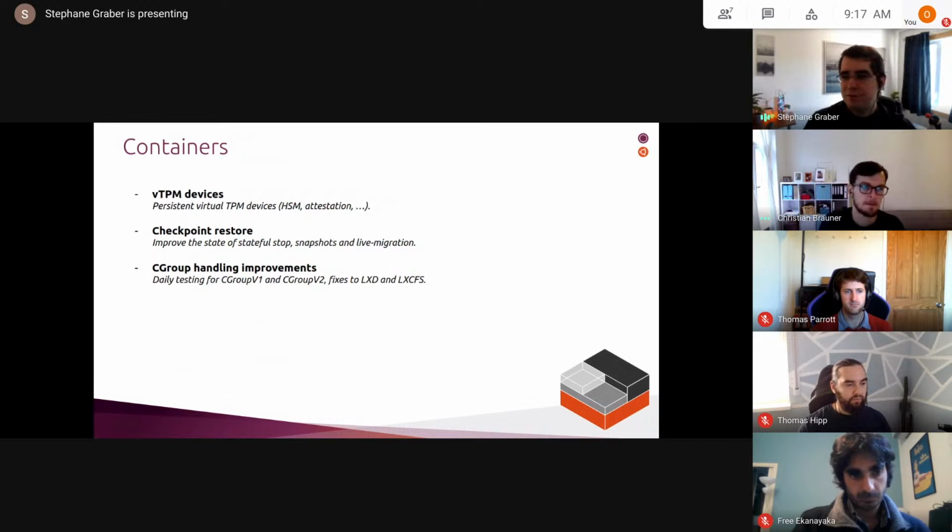Checkpoint restore. I don't know if Christian has any comments on that, but our story has not been amazing in the past. We did have checkpoint restore working quite well a few years ago, but then new features like AppArmor namespacing, newer features in systemd have really significantly reduced the amount of cases where this can work. I think there is one fundamental difference.